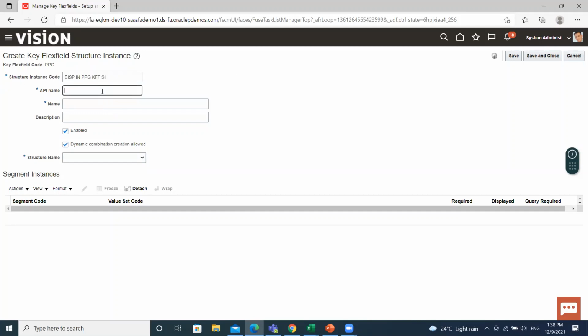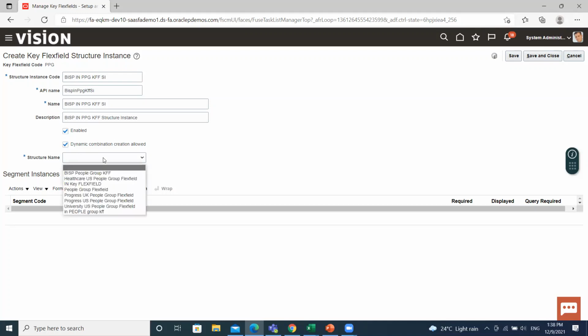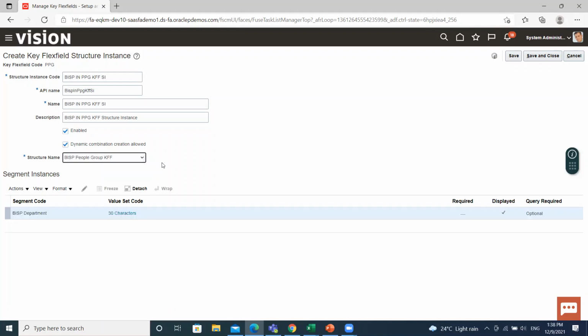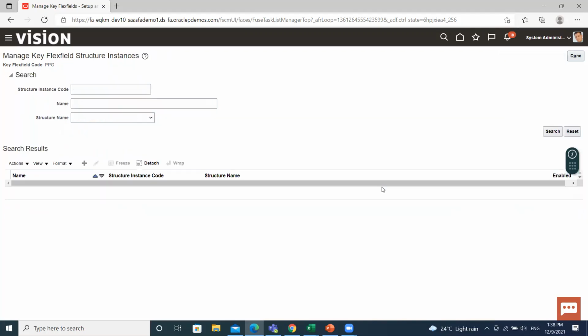Then fill the API name. And after that, description. Then the structure name we just created, BISP PeopleSoft KFF. Then it automatically appears here. Then click on the save and close option.